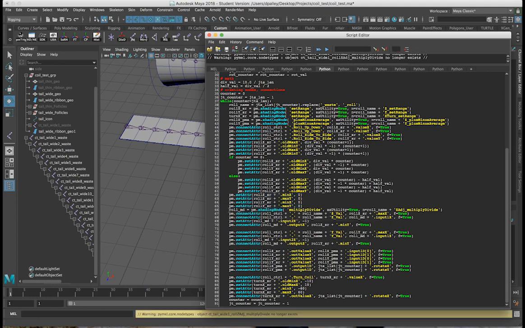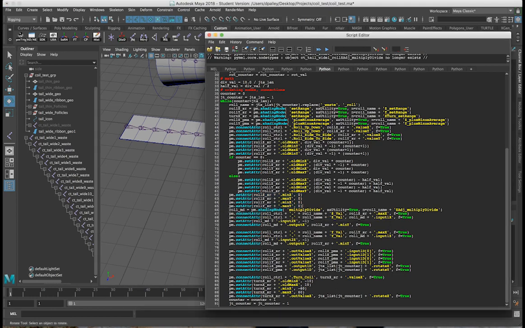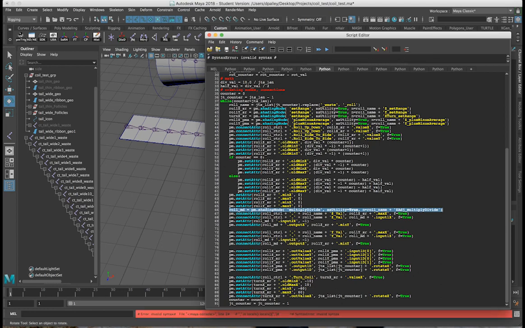This creates a multiply divide node. What this is doing is applying a negative multiplication to the rotation value. Like if the rotation value is 60, it's going to be negative 60, so that it goes the other way. It can coil in the other direction. So that's what all this is here. This is just plugging it into